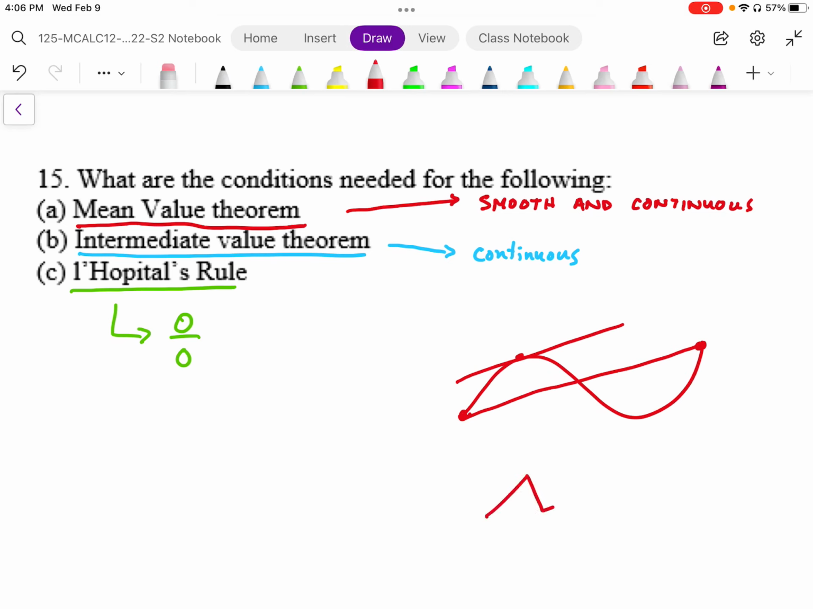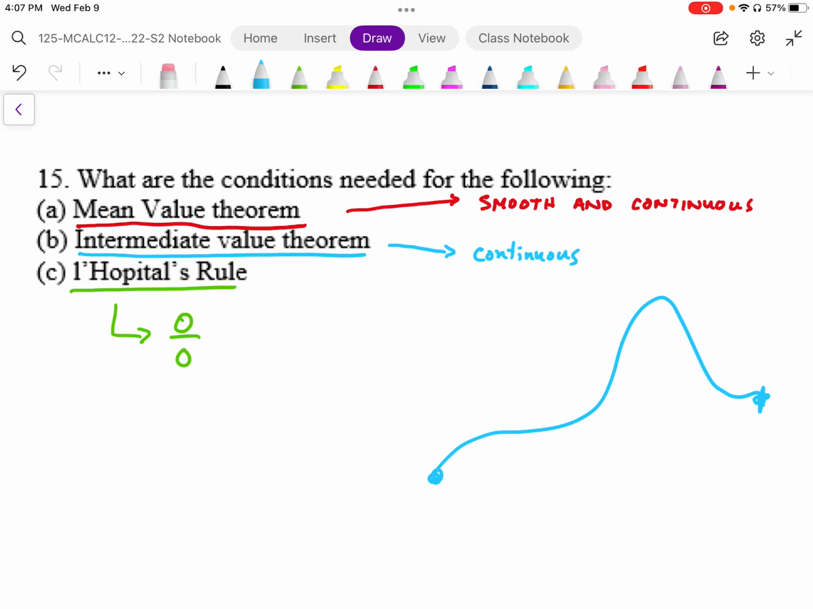Okay, so if I do this, the average slope here doesn't show up anywhere on that graph. So it has to be smooth and continuous. For the intermediate value theorem, it just has to be continuous. Because if it's continuous,